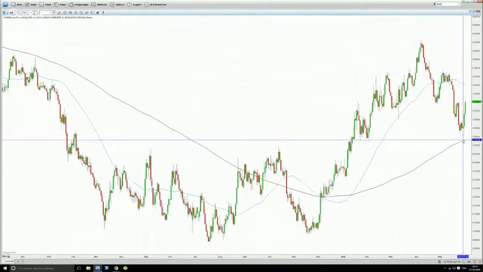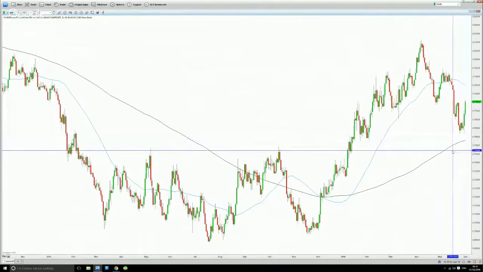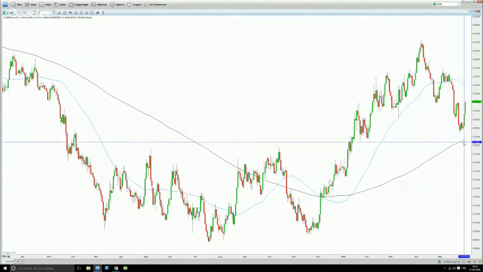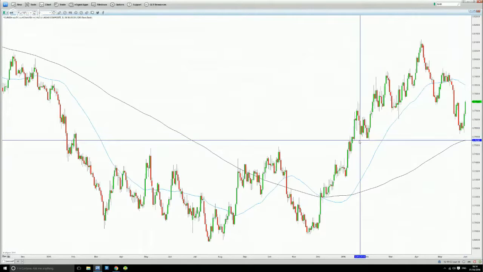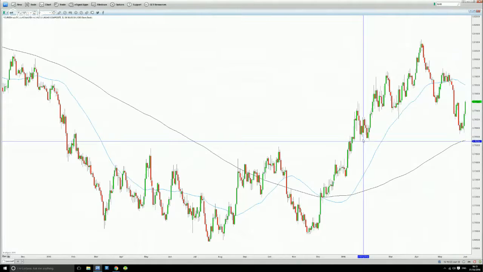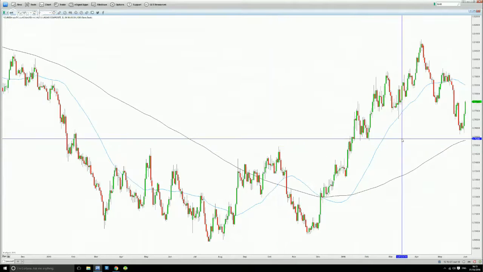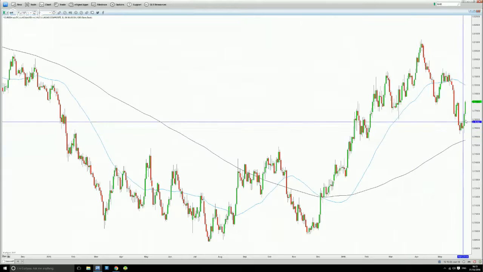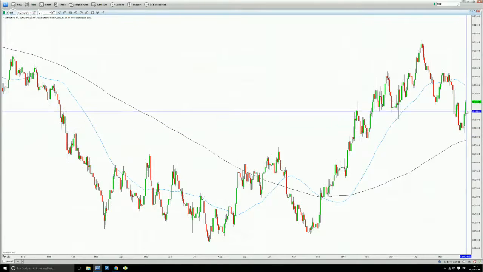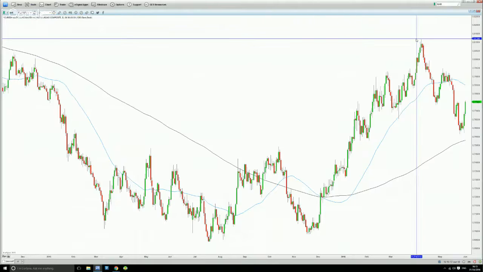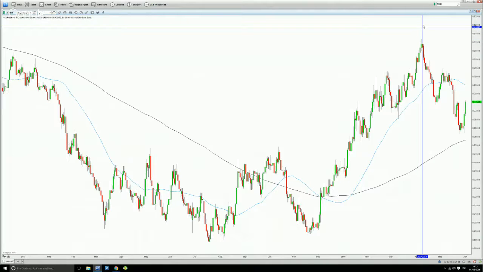price came to a few pips of the 200 moving average. We know the 200 moving average acts as a level of support and resistance, so it's found support at a support zone. We can see that we've got some pivot levels here, pivot level here. So there's a whole support zone that price has bounced off, and we can see that price is really starting to gather momentum to the upside. What we'd like to see is this continue. Price clear 0.80, clear this high, and then we can start looking for some long opportunities.